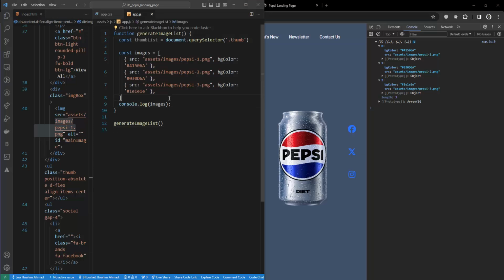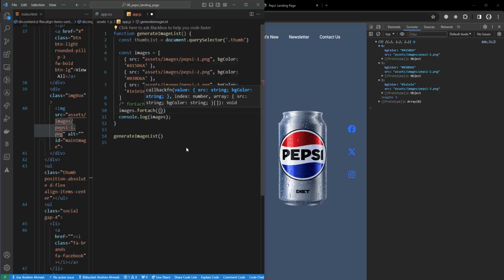So now what I'm going to do, I'm going to use a for each loop here. For each loop, or you can call that method, in JS we call this method. So what I'm gonna do, I want to iterate on these images. So I'm gonna pick up these images and I'm gonna use for each loop here, and I'm gonna take a parameter inside image, and after that I'm gonna use the arrow function here,